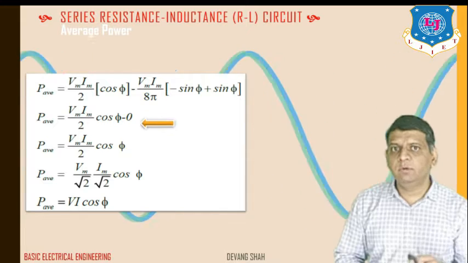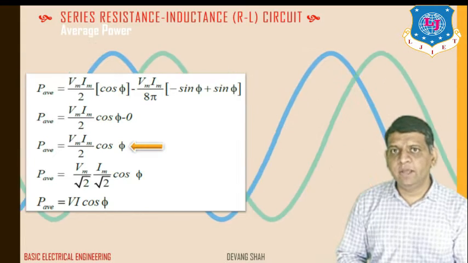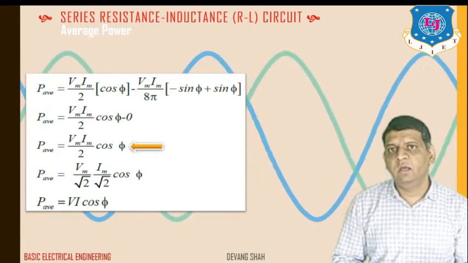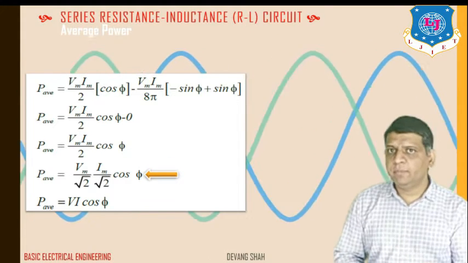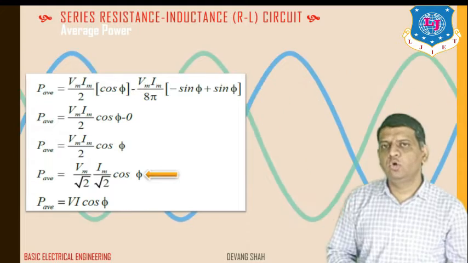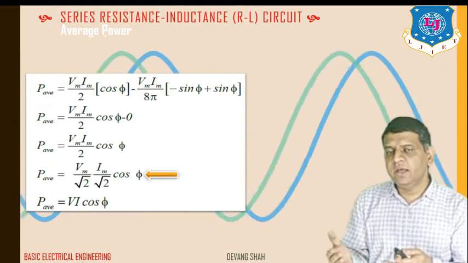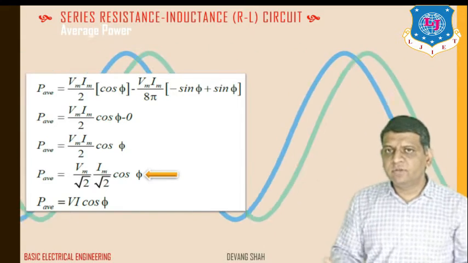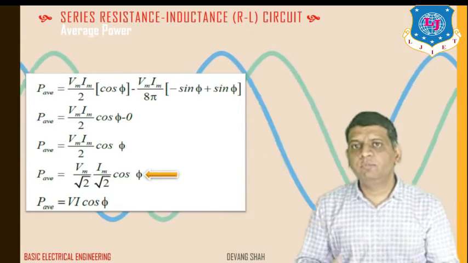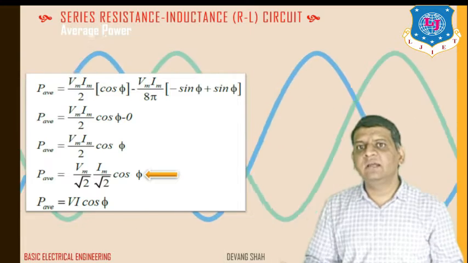So from this you can find P average value is equal to Vm Im by 2 into cos φ. I can write this equation as P average is equal to Vm by root 2 into Im by root 2 into cos φ. Finally, Vm by root 2 and Im by root 2 are nothing but the Vrms and Irms values. So I can write the equation of P average for the series RL circuit as